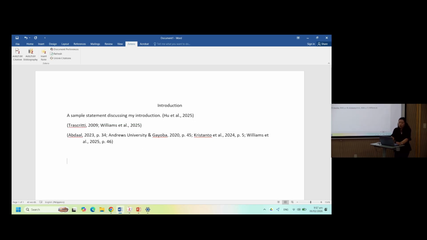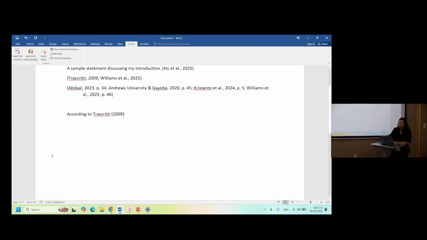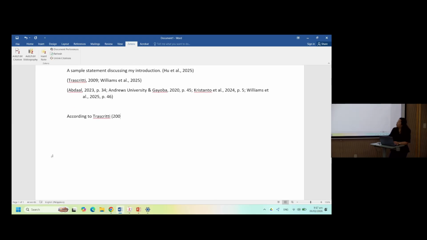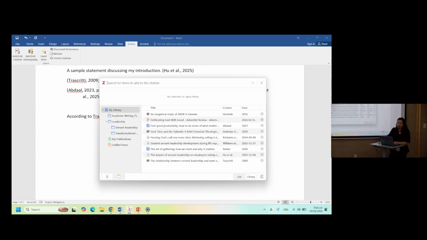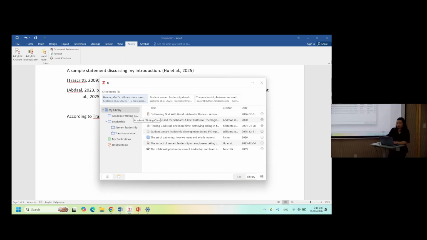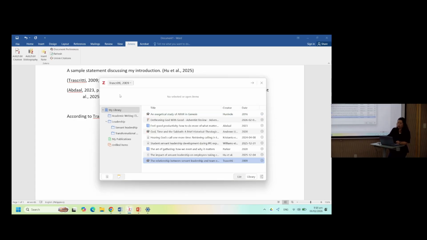Okay? And in case you want to say "according to" the author, and you want to do it in this format, what you need to do is to just remove the year, and then you'll have to add the text.